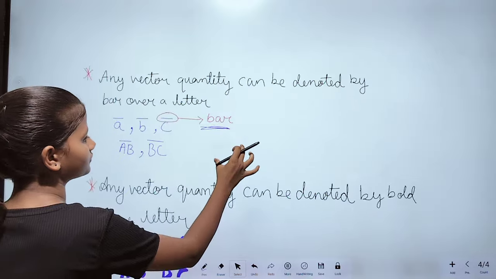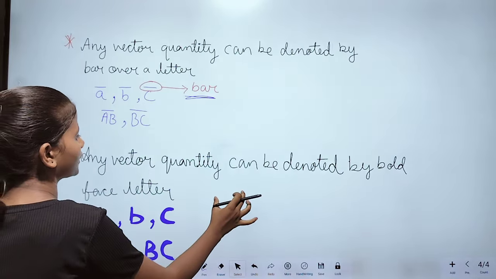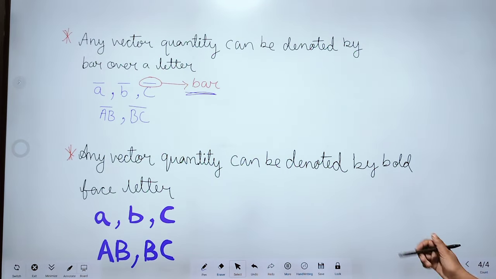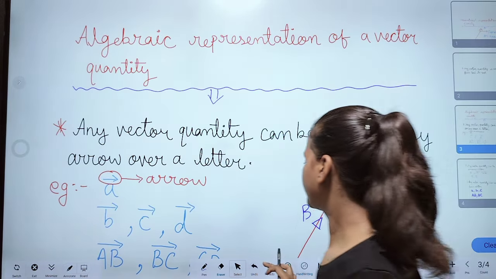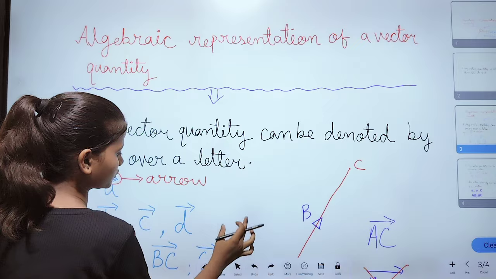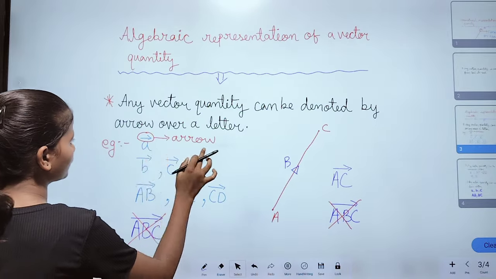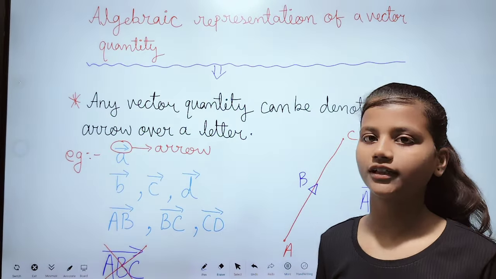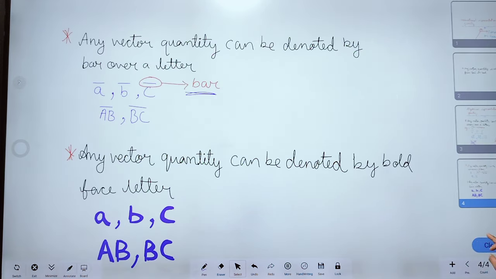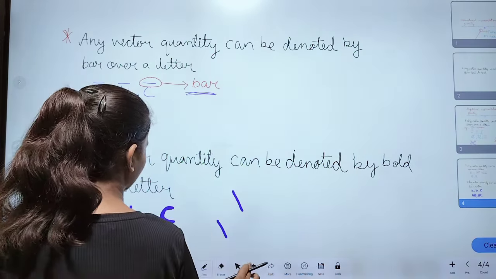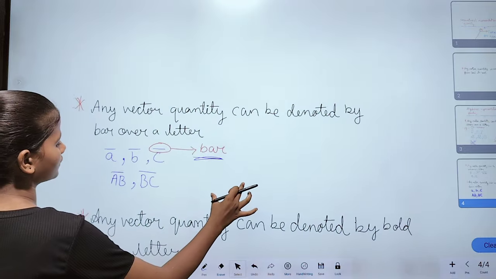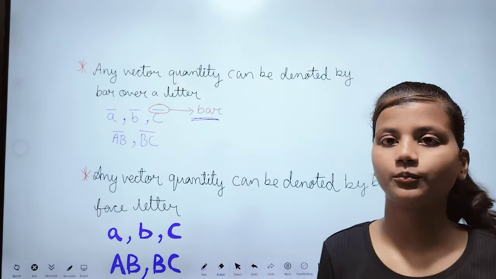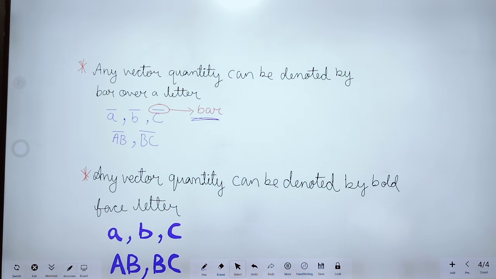Okay, so there are three algebraic representations of a vector quantity. The first one is that any vector quantity can be denoted by an arrow over a letter like this. Any vector quantity can be denoted by a bar over a letter like this. This one is a bar. Okay, and any vector quantity can be denoted by a boldface letter. Okay, so I hope you understand